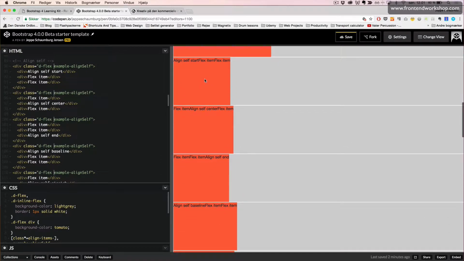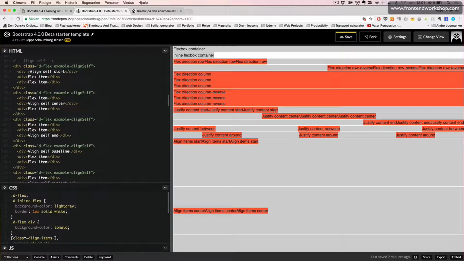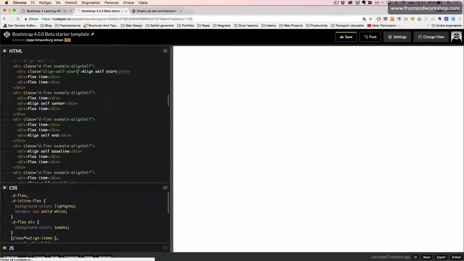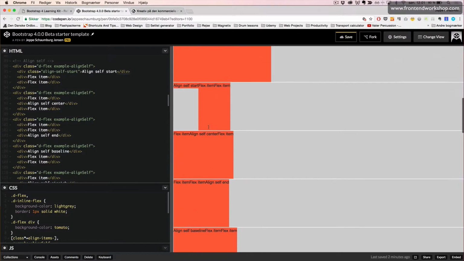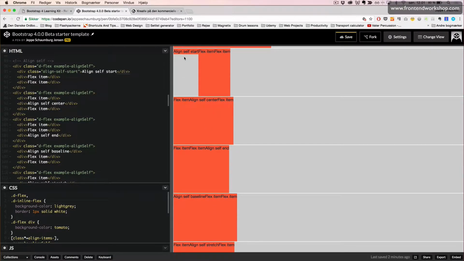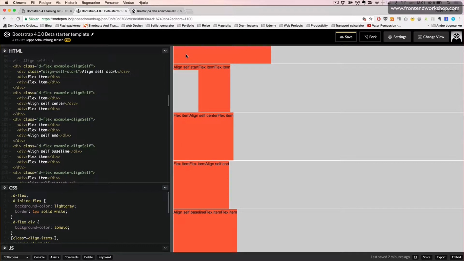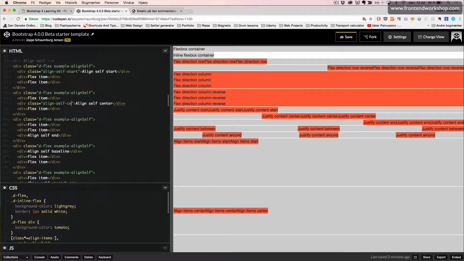So it starts right there. Okay. Now for our first flex item, the first code block, we add the class align self start. We now see that it's aligned at the start, which is the top of our current direction. So this is the same as before, but it's only working on the flex item and not all of the flex items. So next one should be align self center,